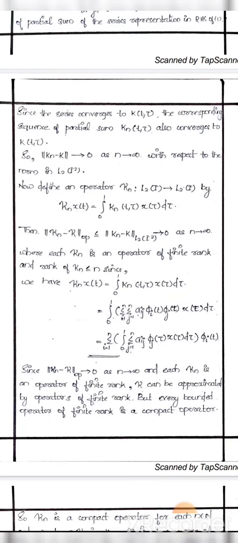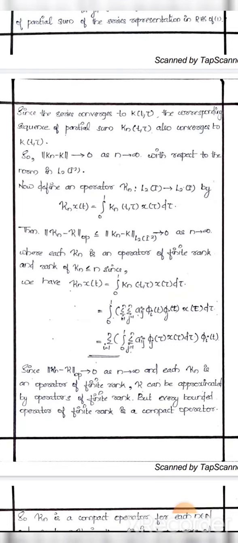So here the integration is with respect to the variable tau, right? Since this is a finite sum, we can interchange the summation and integration without loss of generality. So we can write the equation as summation over i equal to 1 to n, integral over 0 to 1, summation over j equal to 1 to n, a_ij phi_j of tau h of tau d tau, into phi_i of t. Okay, so now